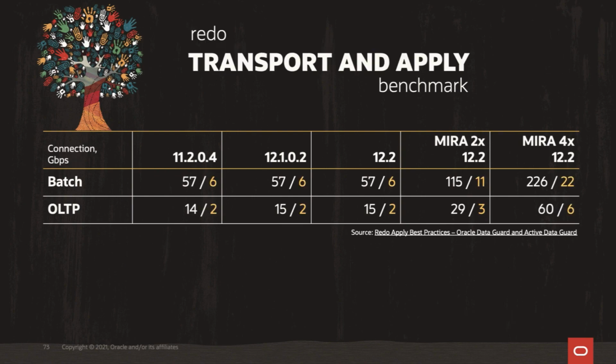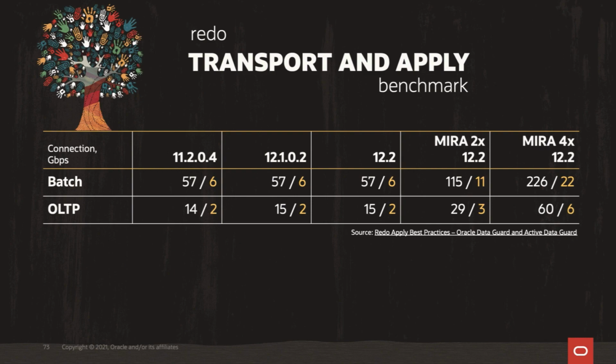So if CPU and storage performance on your destination system isn't the limiting factor, what is? Well, it's the network. If you're going to move data across the network, you have to have the bandwidth to do it. So here's a quick back of the envelope calculation for you about how many gigabits per second you have to be able to move in order to have redo generation in terms of terabytes per day applied effectively